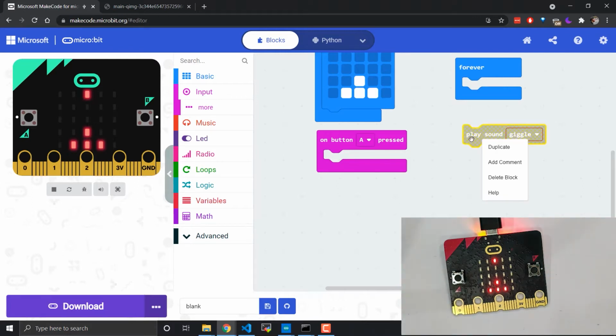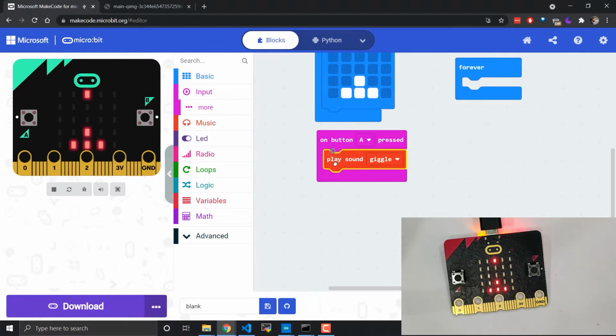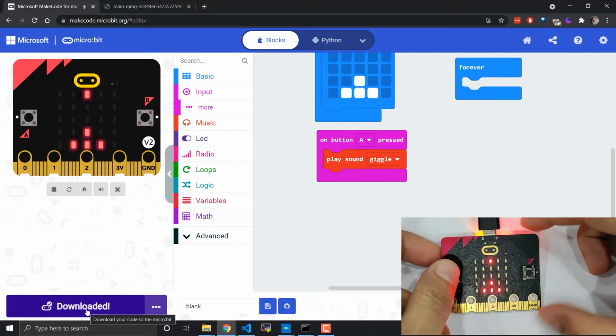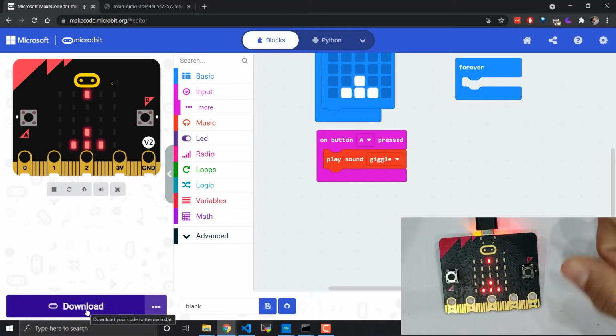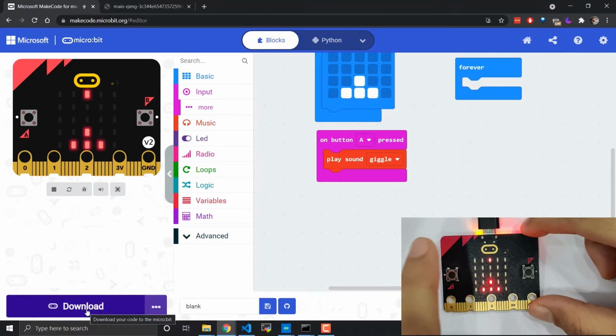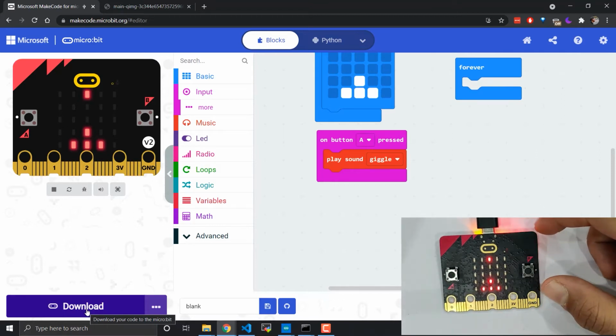Let's put the play sound trigger into the button press. So every time we press the button, it should play this sound. We'll just see if this works, and if it does, then we'll proceed directly to the rest of the code. So now if I press button A, you can see it plays the sound, and I can keep pressing it as many times as I want, and it'll keep queuing the sound up and play it.